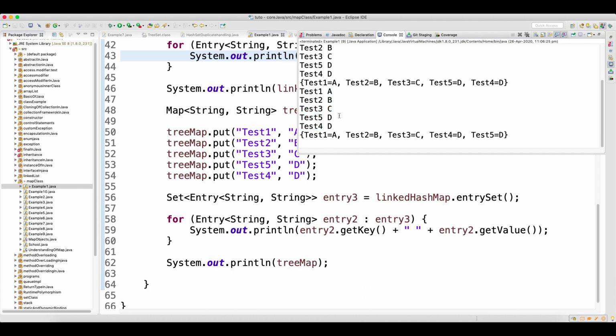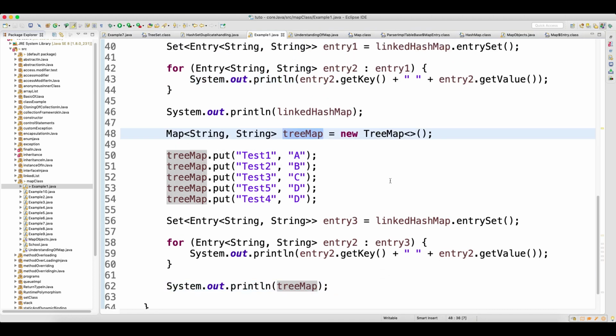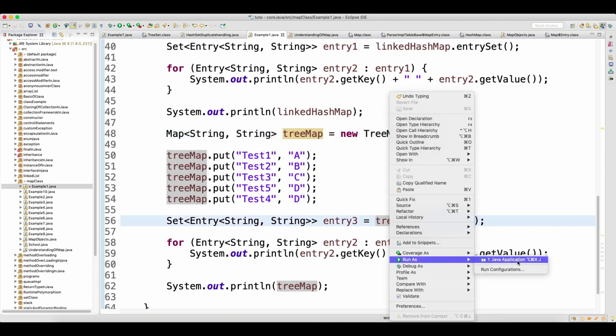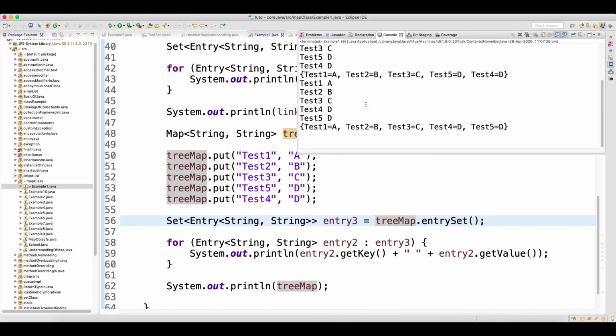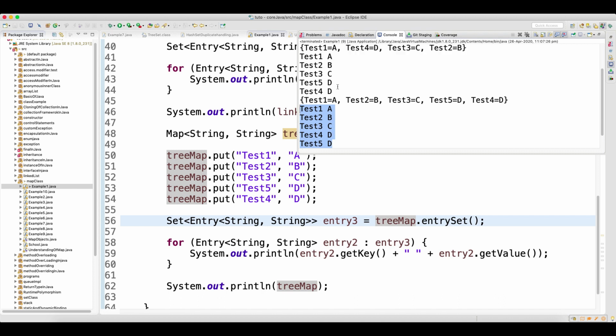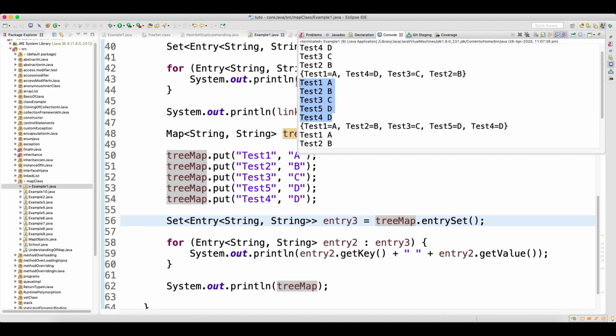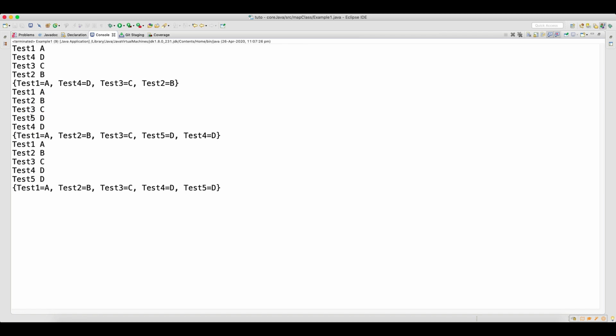One more thing, guys, if you focus here, I made one mistake. What mistake did I make? I should have done it like this. Now you can see that your data is in ascending order, right? 1, 2, 3, 4, 5. Here the data is in insertion order 1, 2, 3, 5, 4. Let me maximize this. Here after 3 you have a 4, and here after 3 you have a 5, and in the hash map it will not maintain any order, right?